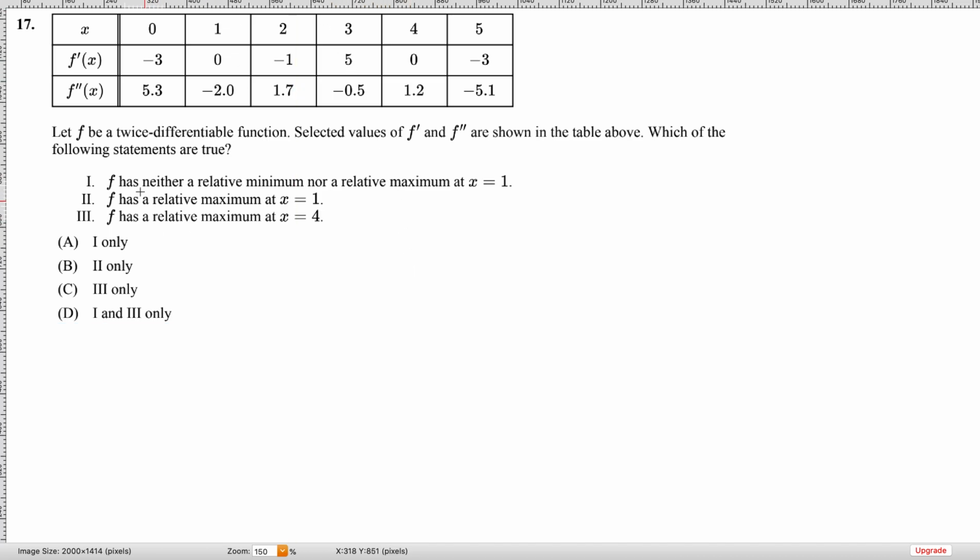So this first one, right? F has neither a relative minimum nor a relative maximum at x equals 1. So here's x equals 1. The derivative is 0. Okay, so having neither would mean that this value right here has to be 0 and not negative, because the second derivative test says if f prime of c equals 0 and f double prime of c is, in this case, let's say less than